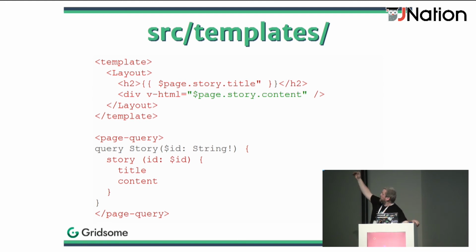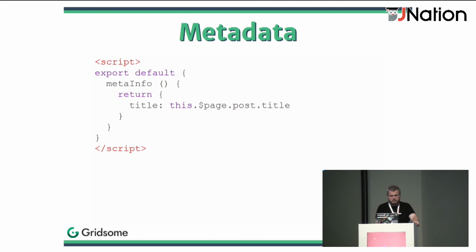Notice that even in the case of templates, we are still using our layout component. So if we have our layout that should wrap our content from templates on pages, we have to use the layout in both templates and pages components. And that's practically enough for the basic explanations. There's no really big secret behind it. As long as we know the basics of Vue.js, basics of GraphQL, Gridsome is pretty easy to use with little practice. But we cannot have our blog or landing page without properly handled metadata.